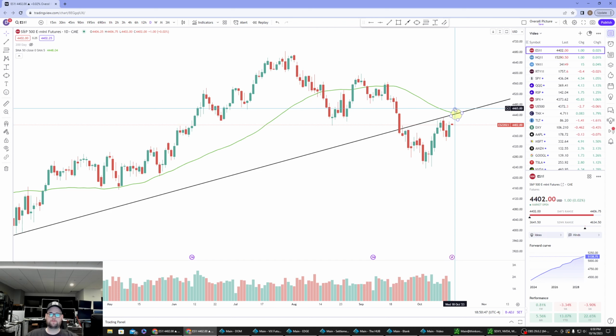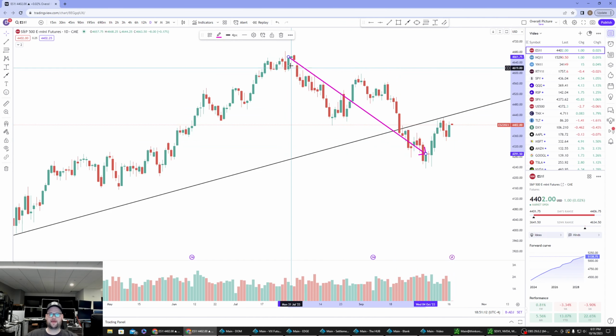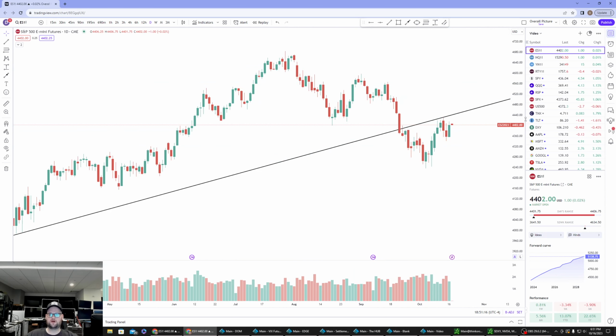Okay, so one of the biggest fundamental or macro things to look at is yields. Okay, so yields have been a very, very important fundamental aspect that has been putting a lot of pressure on the market, right? A large portion of the reason as to why the S&P was in a downtrend over that period of time was because of surging yields, okay?